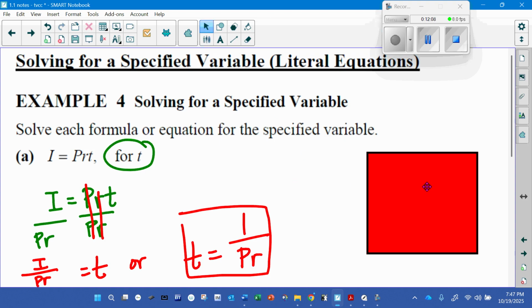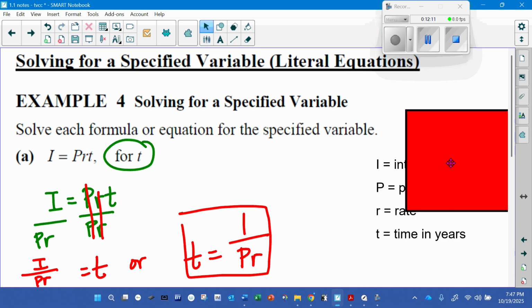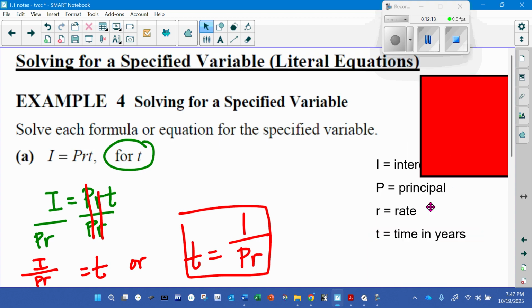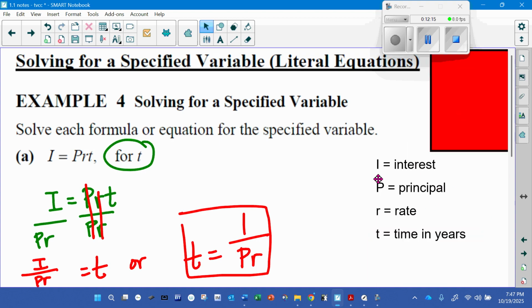So just to jump ahead, this is your simple interest formula, where I is your interest. This is the amount of interest you pay on something. P is the principal, which is your starting amount. R is your rate, and T is time in years. So let's take a look